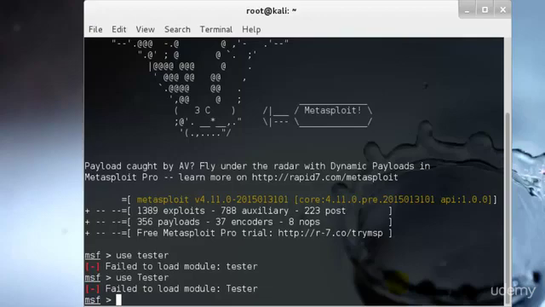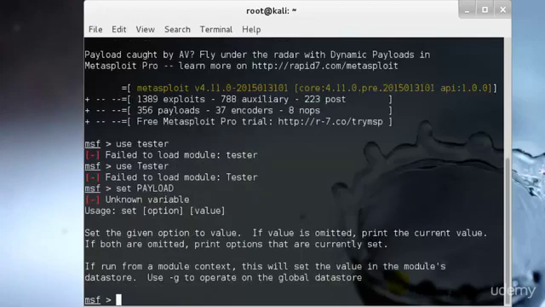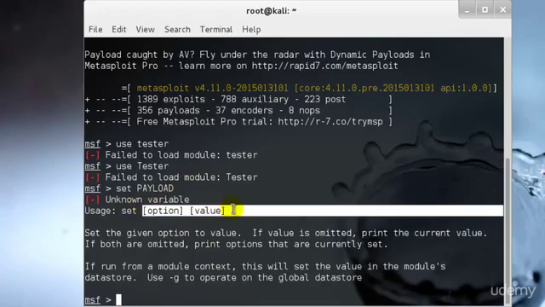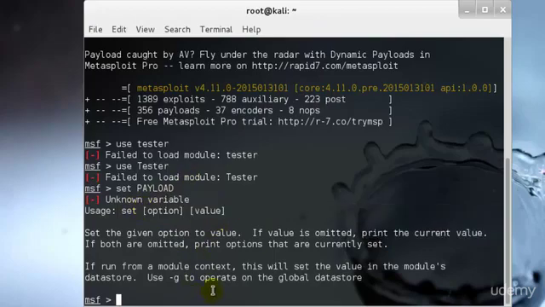The next thing we would like to do is set payload. It will probably not work, the reason being that I have not yet loaded the module. Perfect. As soon as I type set payload, it gives me the option: set the given option to value. If value is omitted, print the current value. What it's saying is that after set, I need to specify an option and a value. So I'll type set payload, let's say